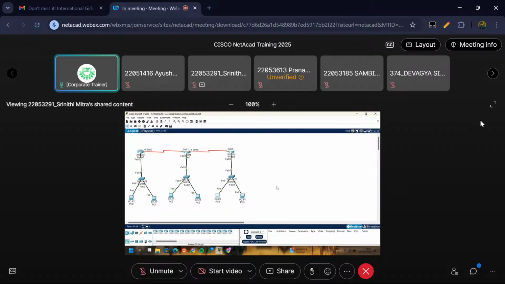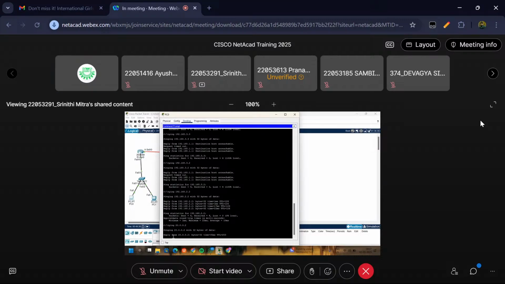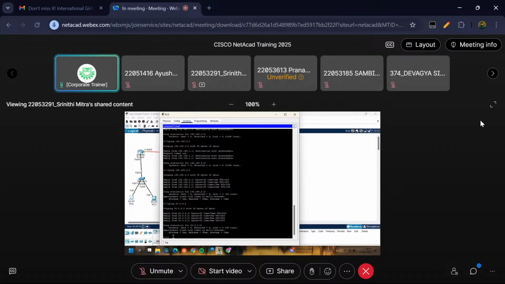ओके, यू ट्राई टू पिंग फ्रॉम PC0, ये जो सीरियल इंटरफेस है ना 20.0.0.2 उसको पिंग करो तो PC0 से, हाँ राउटर तक पैकेट पहुंच रहा है कि नहीं, थर्ड राउटर तक वो चेक कर लेते हैं। पिंग 20.0.0.2, यस, हिट एंटर। अच्छा, इसका मतलब तुम्हारा राउटर थर्ड राउटर तक भी पैकेट जा रहा है। ओके, अभी तुम पिंग करो